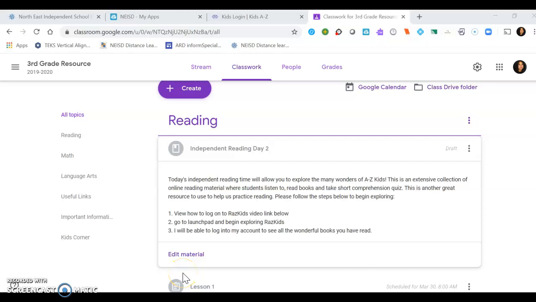Okay, so we're back again, and this time I'm going to show you how to log into your A to Z or RazKids. You will find that assignment on your independent reading day 2 under reading. The first thing you're going to do, you'll be in your third grade resource class. You'll have to toggle back to your